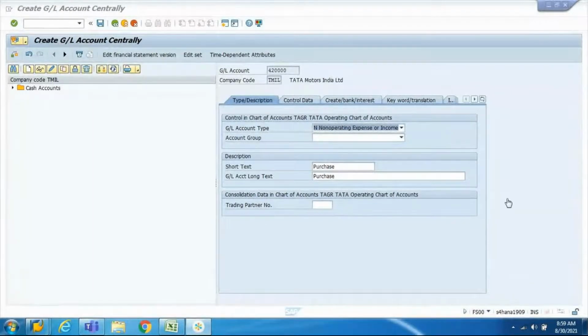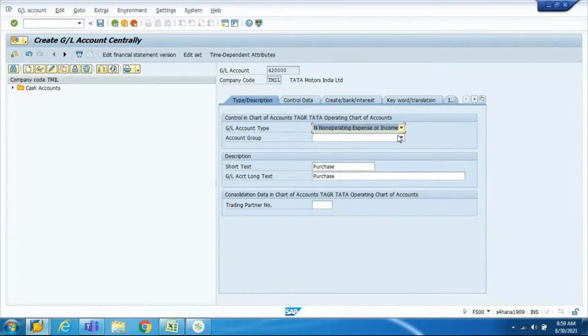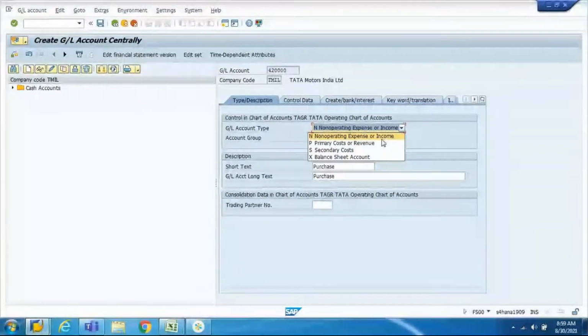Now, the reason why we are specifying this is that people are nowadays asking in the interviews what the GL account types are and what changes are there from the GL module. Or when somebody asks you the changes from ECC to HANA, this is one of the changes you'll have to bring.